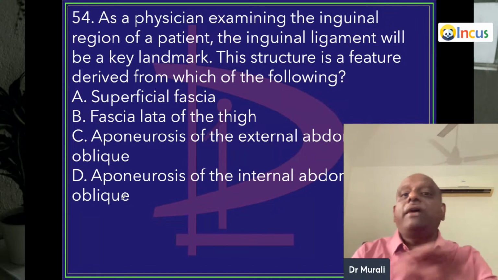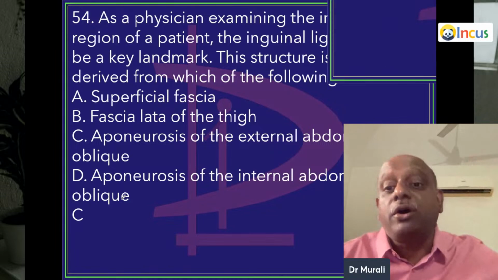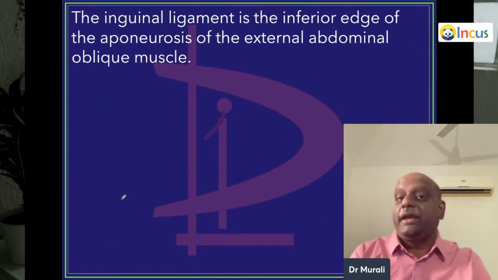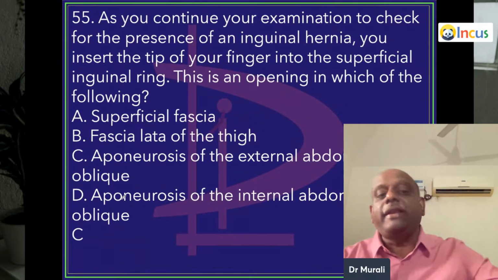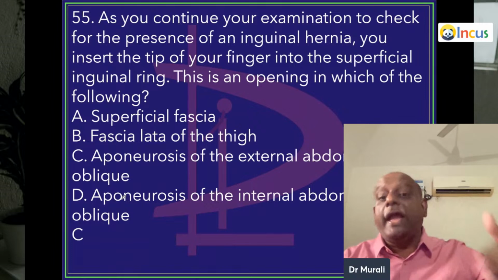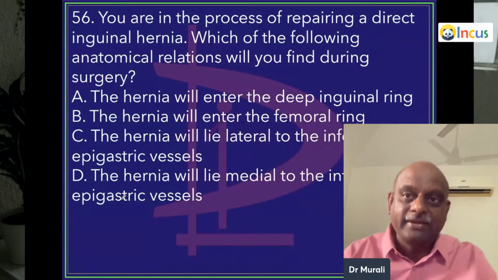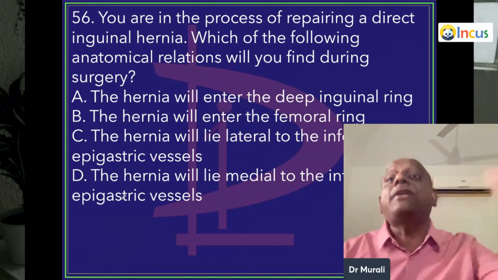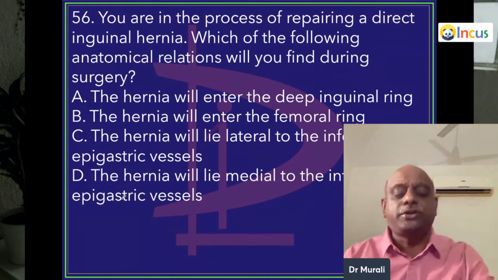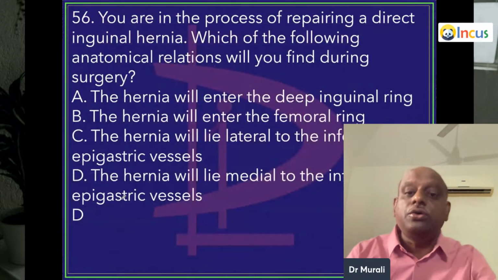Now, the inguinal ligament is derived from the aponeurosis of the external abdominal oblique muscle. Easy question. Now, the superficial inguinal ring is also part of the aponeurosis of the external abdominal oblique muscle. Direct and indirect inguinal hernia and the anatomy of the inguinal canal, you have to be 100% sure, doctor, when you go to tomorrow's NEET PG exam. So you should know